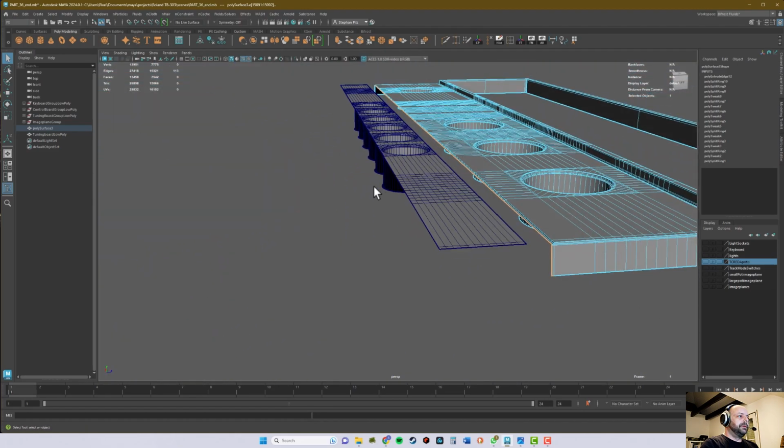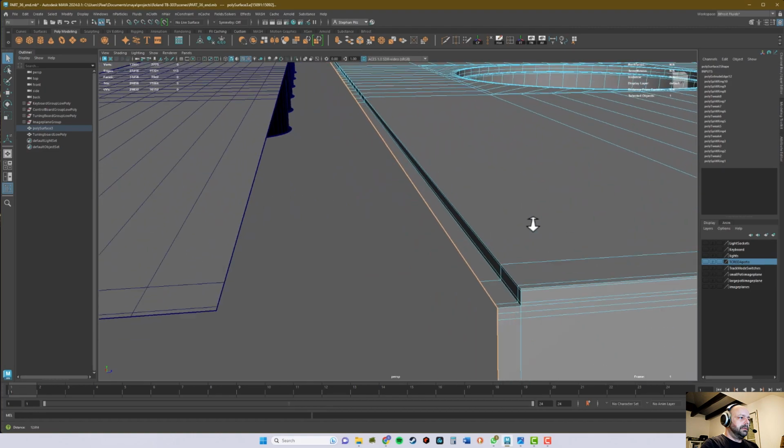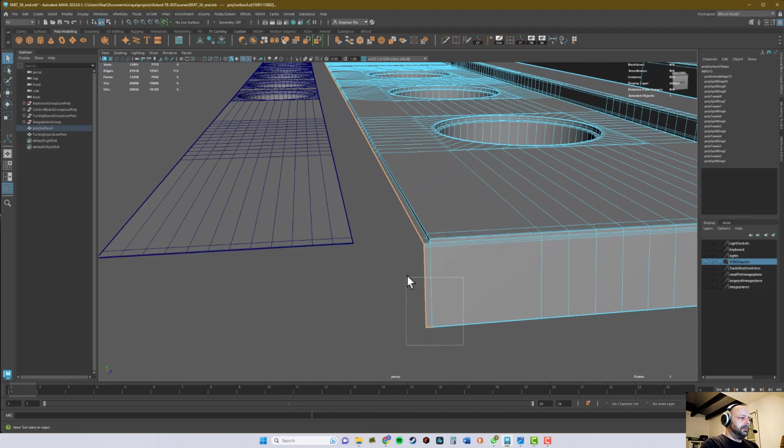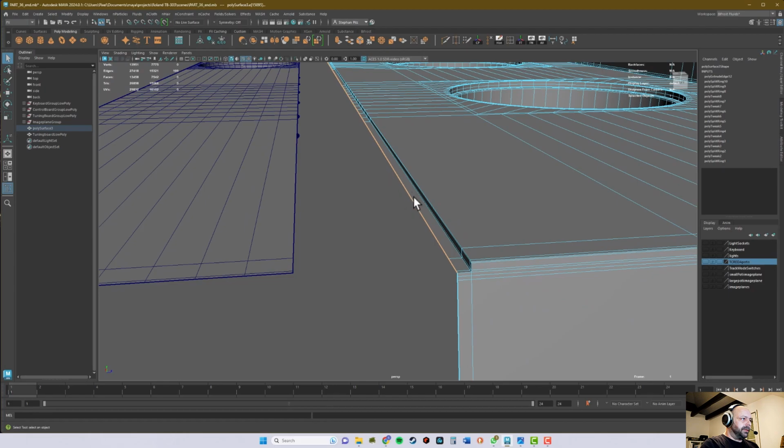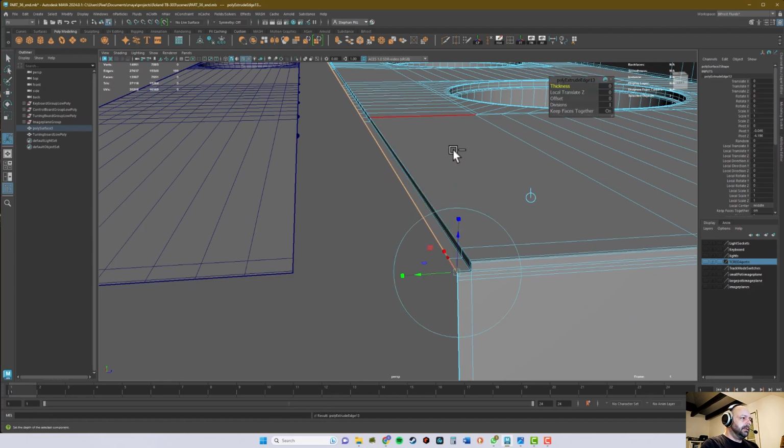Let's go over to the other side and Control deselect all of those, so that we only have that upper front or back edge selected, and then hit Control E,